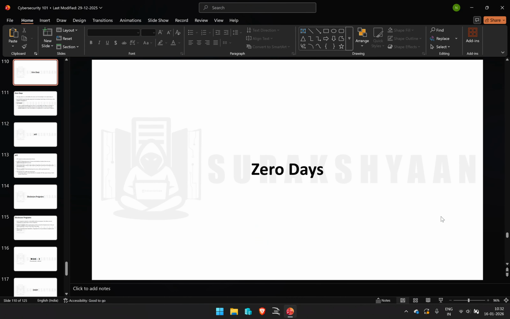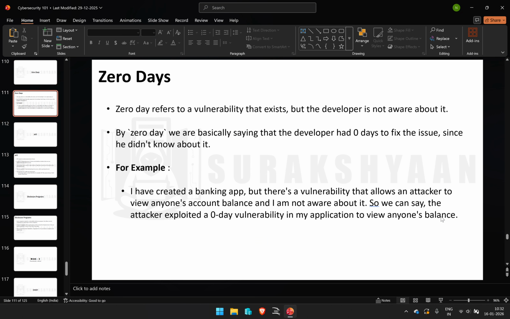Let's talk about 0 days. 0 days refers to a vulnerability that exists in a code but the developer is unaware about it. By 0 days, we basically mean that the developer had 0 days to fix that vulnerability since he had